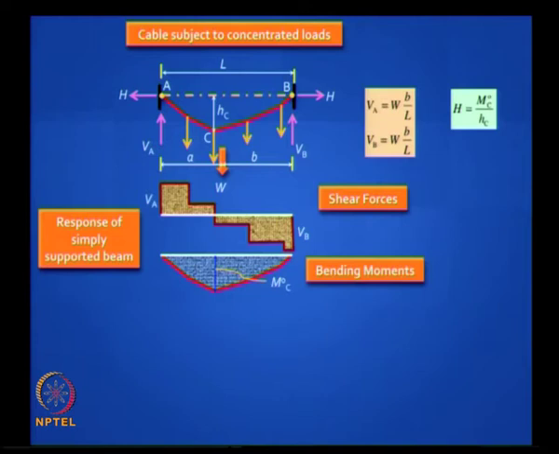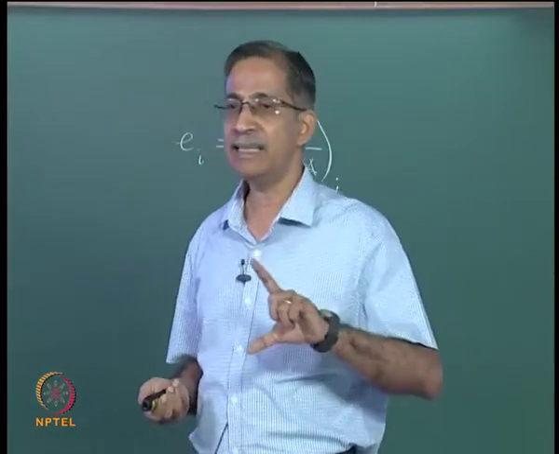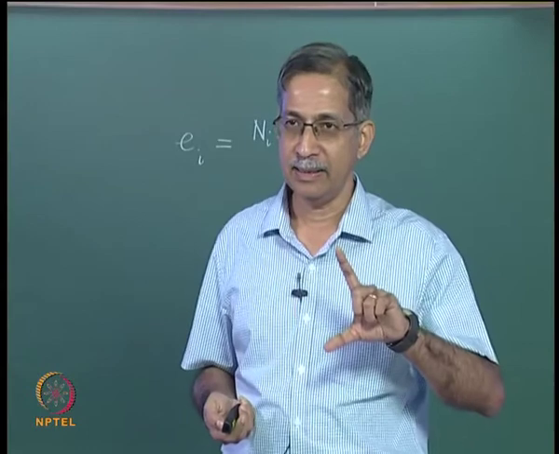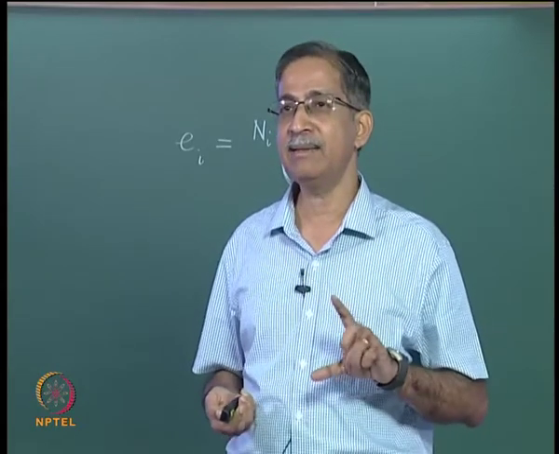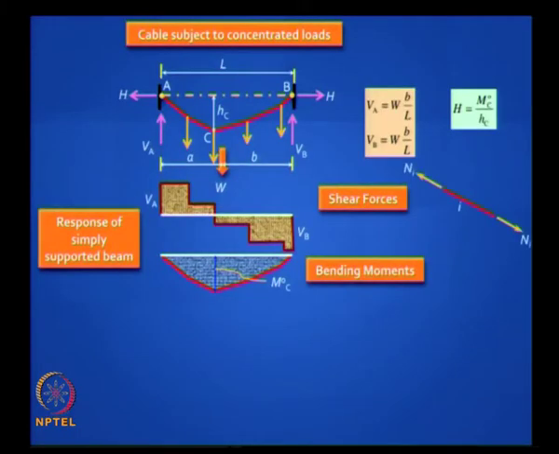And the horizontal reaction is actually obtained by the bending moment, the free moment in the equivalent beam, divided by the height at that location. So you can work out the heights at different locations once you know the bending moment. So all you need is the height at any one location, and usually you know the height at the maximum dip of the cable, and that height is called sag. Here I have shown HC, and so you can get the horizontal reaction.